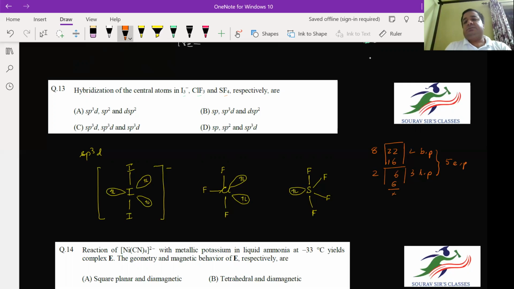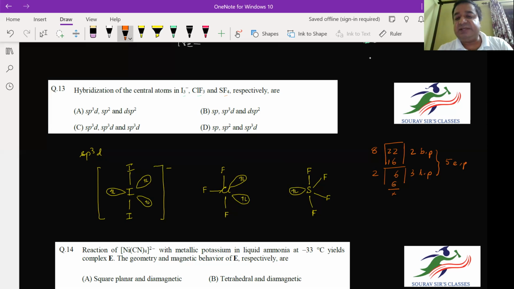Okay, and 2 here, as I said, is going to be bond pair. So obviously, if you follow Bent's rule, in which we have to place the lone pairs in the equatorial plane and the electronegative groups over here in the axial bonds, we get a structure of iodine that is linear in shape. And the hybridization, we can see, is sp3d.